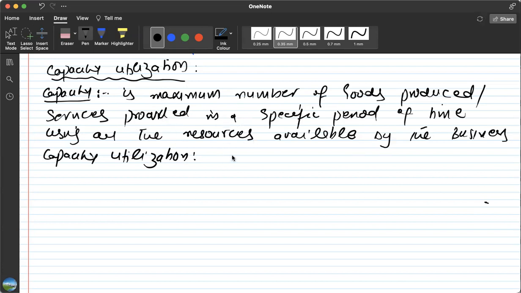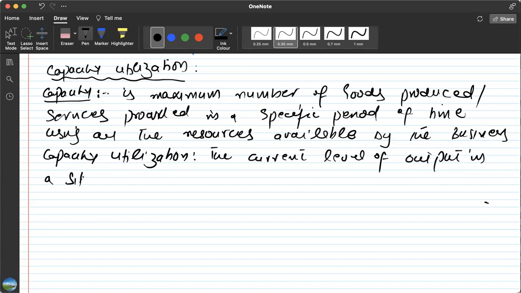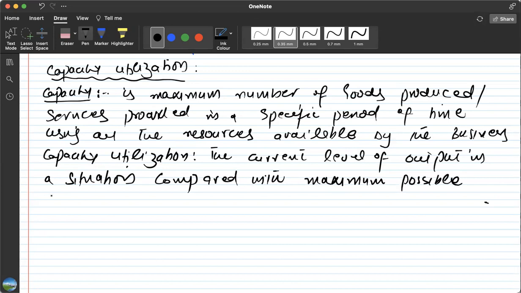Capacity utilization is the current level of output in a situation compared with the maximum possible capacity, and it can be calculated by the formula